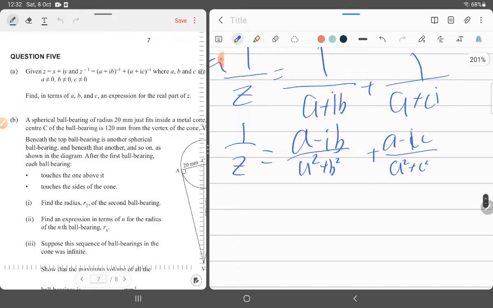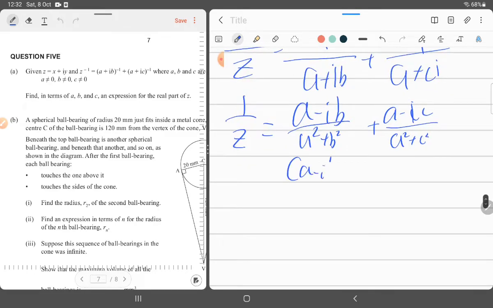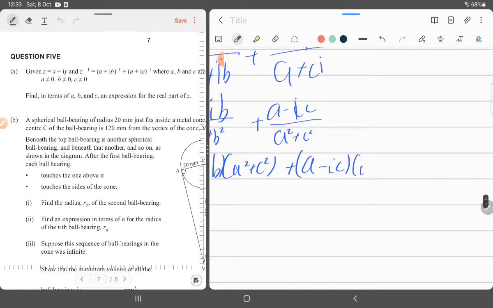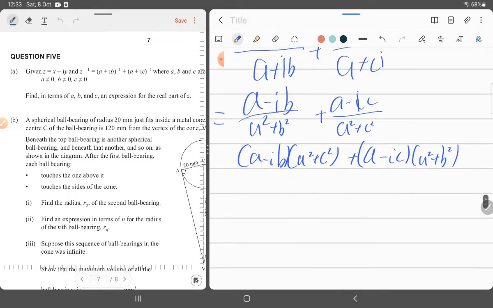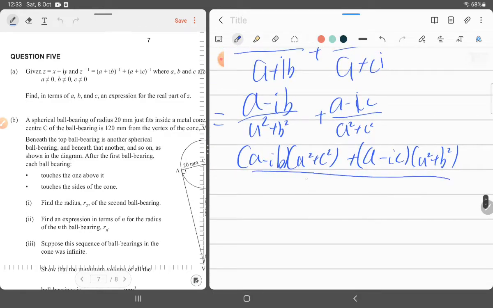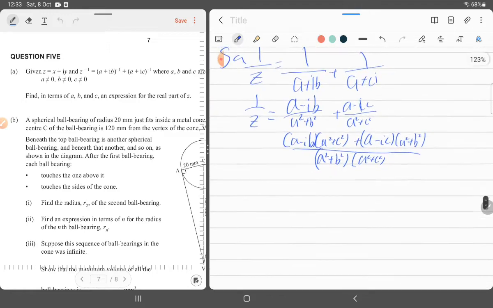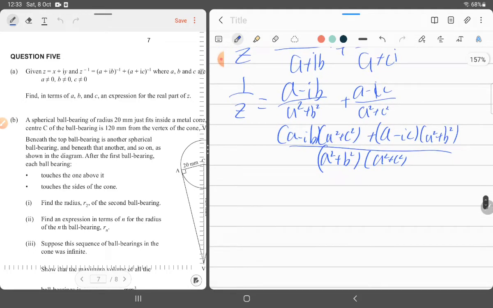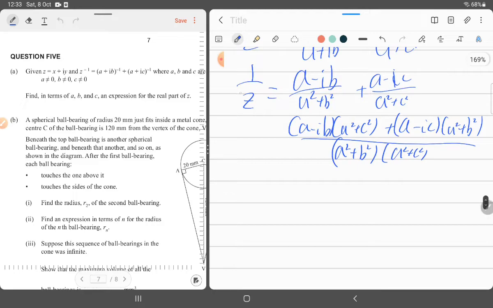Then we want to equate, so a take away ib gets a squared plus c squared plus a take away ic gets a squared plus b squared, all over a squared plus b squared and a squared plus c squared. Then we take the conjugate, I think. I mean, no, we just flip it since this is equal to 1 over z, so z is equal to